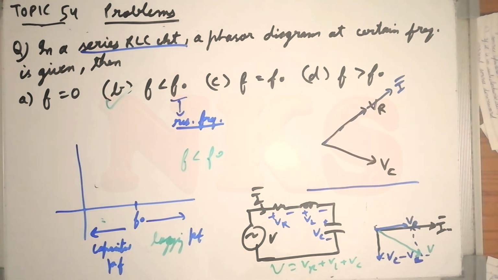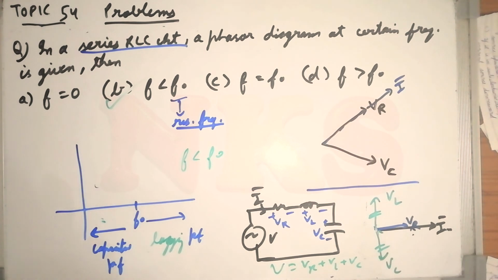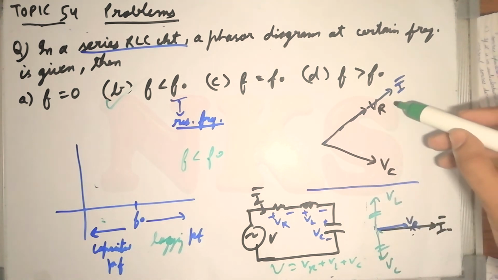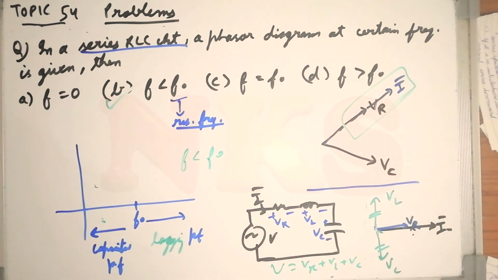So you don't have to worry too much. I hope you get all the phasors. At resonance, my VC was this side, my VL was this side, and these two cancel each other. But if the circuit is at any other frequency, then either the VL vector is more or the VC vector is more. In this question, the trick was to identify the current phasor, and the current phasor is always in phase with the resistive voltage drop. That is the universal truth. So this question is also over.